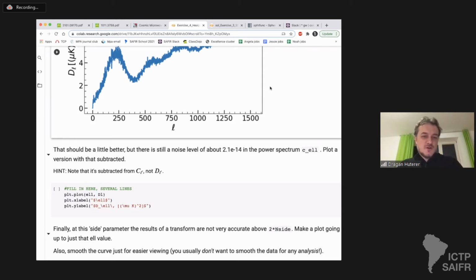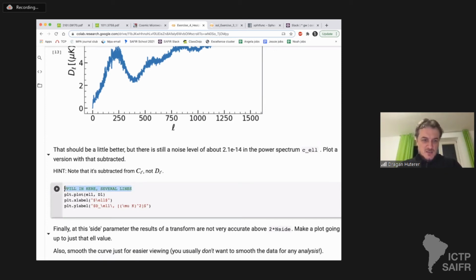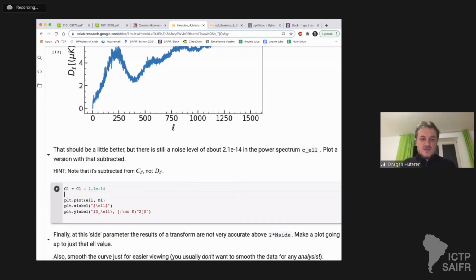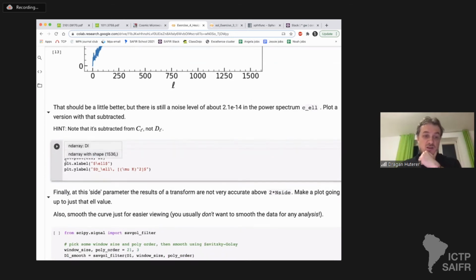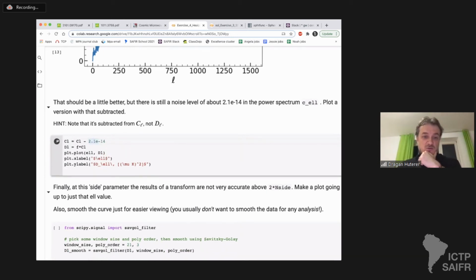And this literally little bird told me, I don't know that I would have immediately thought of this. So, several lines here, we don't need to do a whole lot. We just say CL is going to be equal to CL minus whatever this is, 2.1 e to the minus 14. So we're going to fix it up like that. Oh, and I call that CL noise in my solutions, whatever. And then dp dl is equal to f times CL. I repeat that, and then I plot that. So I think that's all I need to do, just subtract, but I have to subtract and then recompute the DL, right? Don't forget to recompute the DL and to do this operation on CL. If I do that,